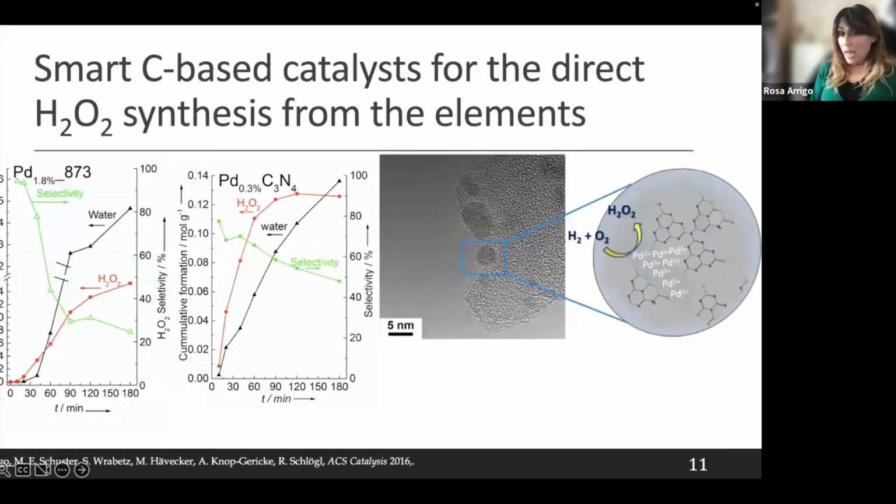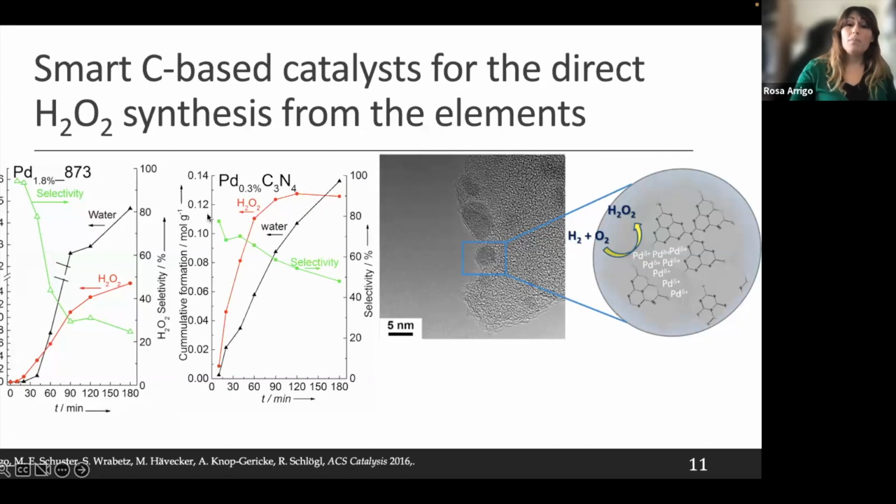Now, learning from this, we thought, well, maybe we need to improve the stability of this material. We would need a more flexible carbon structure with a lot of nitrogen species. So the immediate idea came to use carbon nitrides because they actually offer exactly this characteristic, and we could really see an enhancement of the selectivity